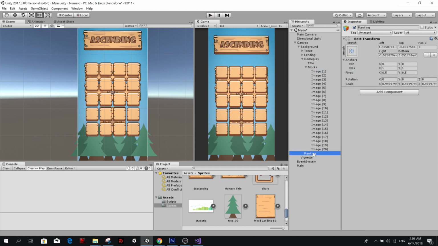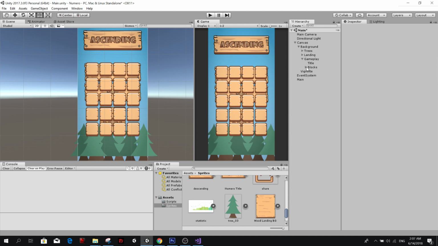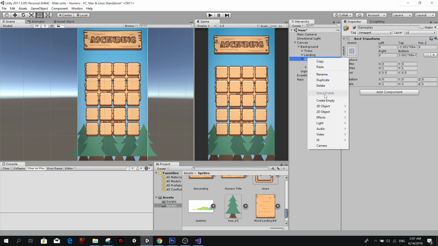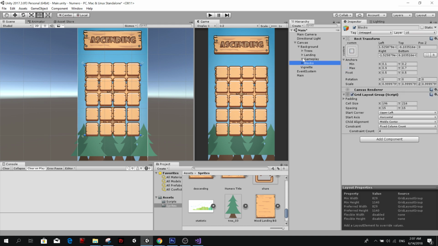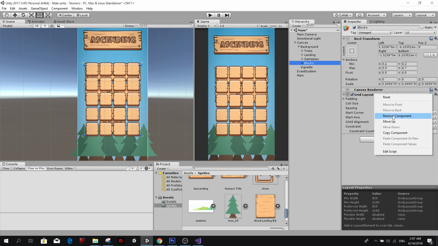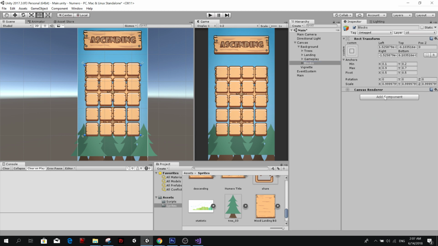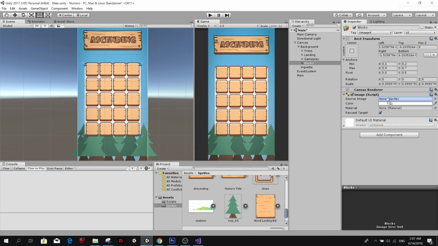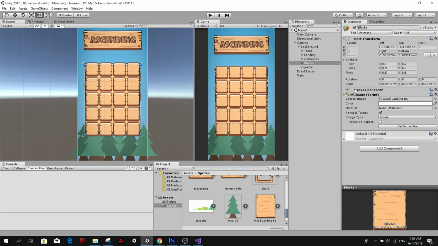Yeah, it'd be better. So I'm just gonna paste it here. I'm gonna get rid of the grid layout, and I'm going to have an image with this wood landing background, and I'm going to call this ranking.